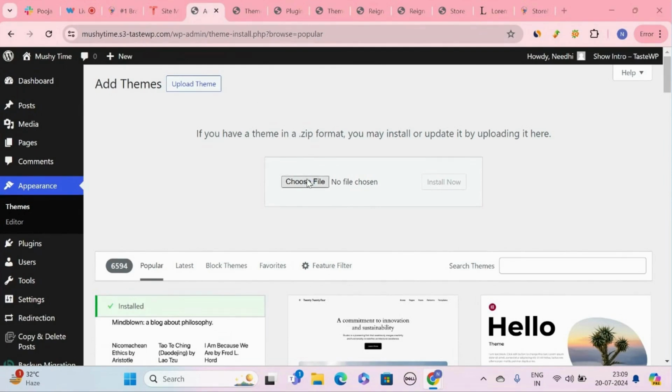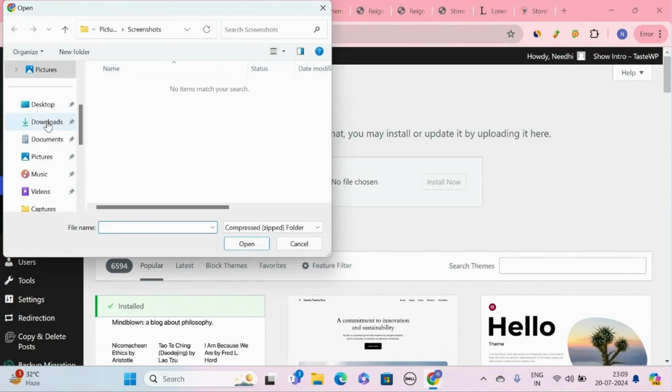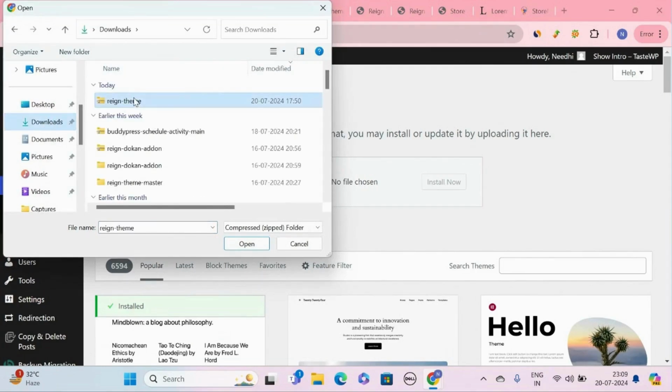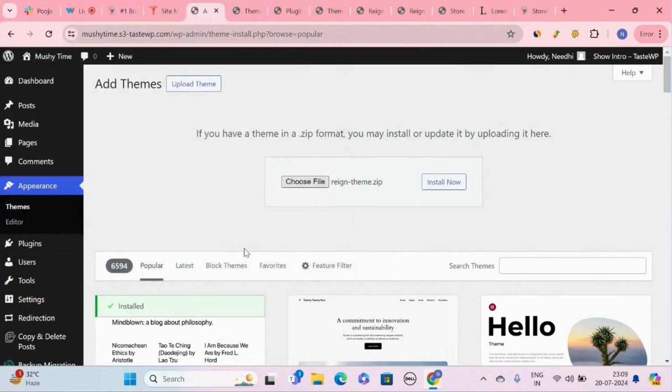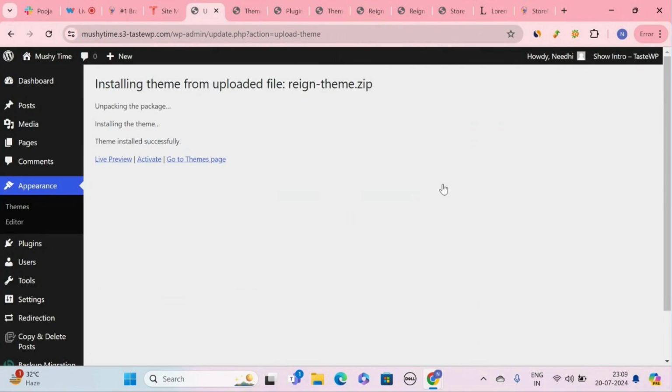Choose the file, upload it, and install. It will take some time. Now you need to activate the theme.